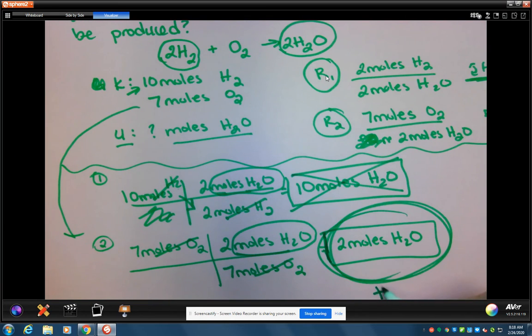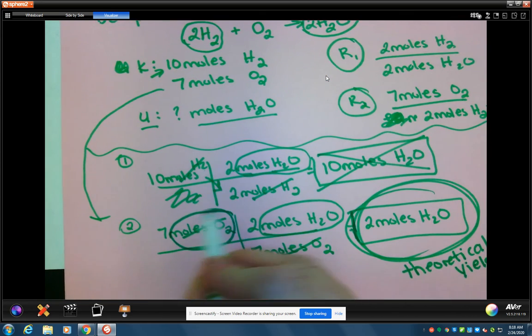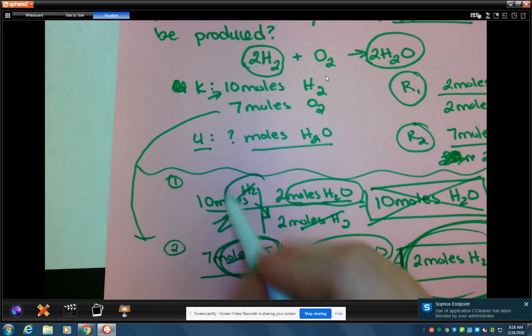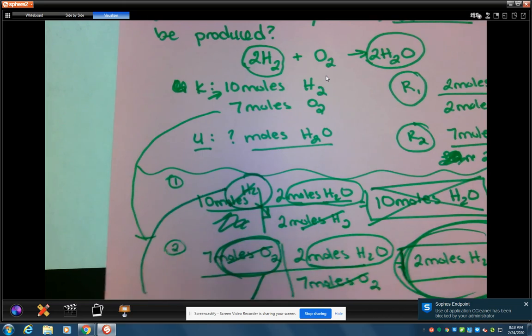So this is what we call your theoretical yield. It's the smaller answer of the two. Whatever made your theoretical yield, your O2, is the limiting reactant because you ran out of it first. It limited the amount of product to 2 moles. So that's your limiting reactant. And then whichever one could have made more, but you ran out of the other one, that is called